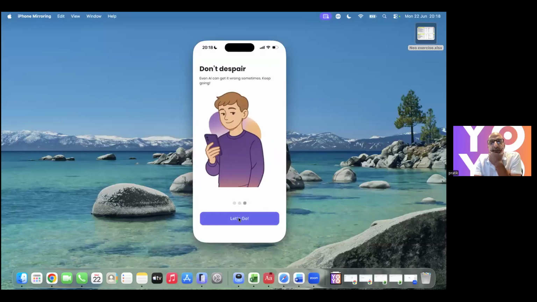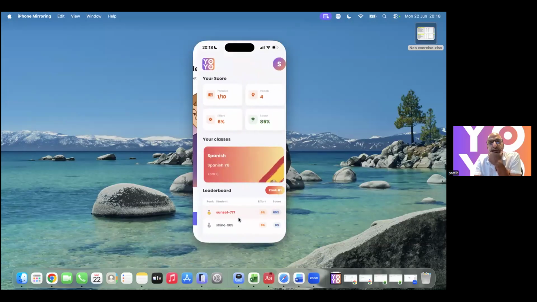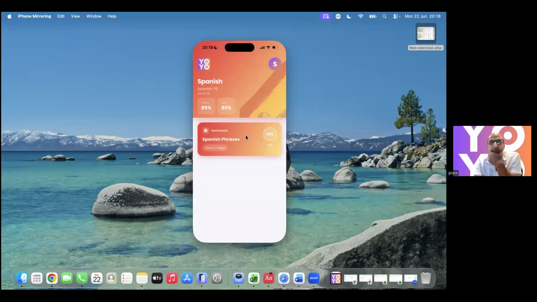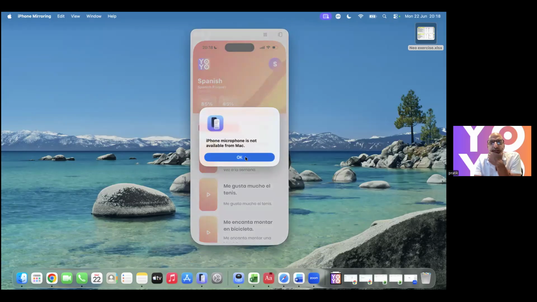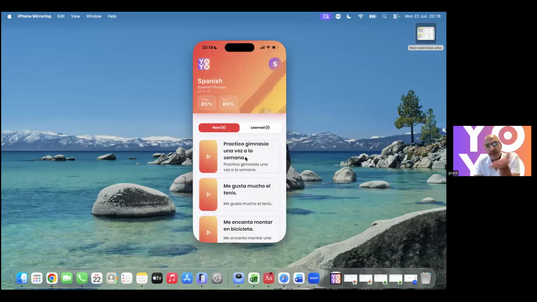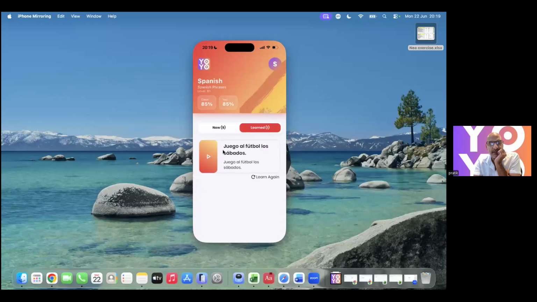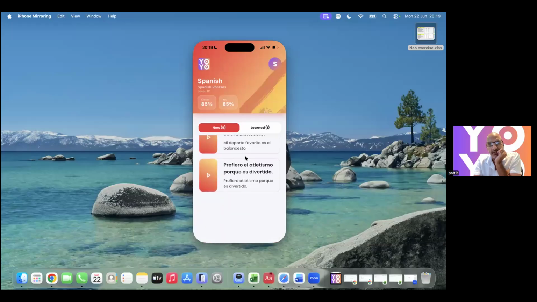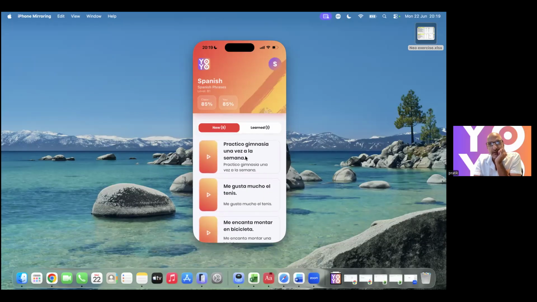So it gives them a quick overview of the app itself, and then you can see that this is the homework that she has been set. I can't use it from here because it can't use the microphone from my laptop, but this shows you that this was the phrase that she completed, and these are the ones that she's due to complete over here.